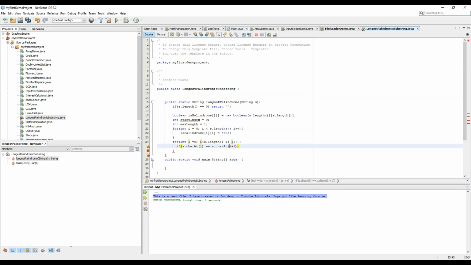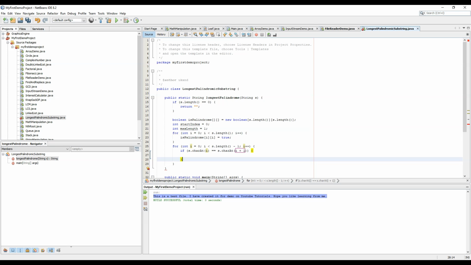If these are the same, we need to initialize the DP array, or the isPalindrome array. So now let's create the condition over here. Then isPalindrome[i][i plus 1] would also be true. That means if the first character matches the second character, it is true.